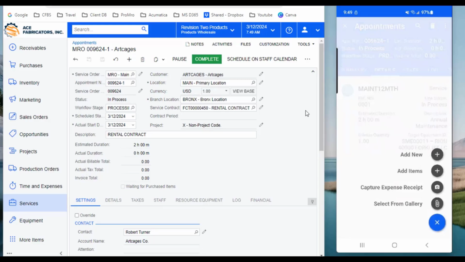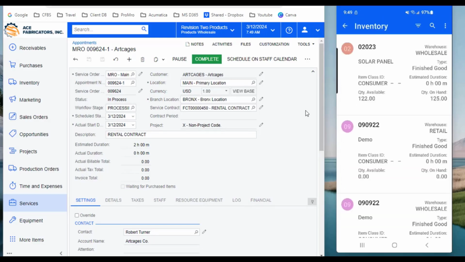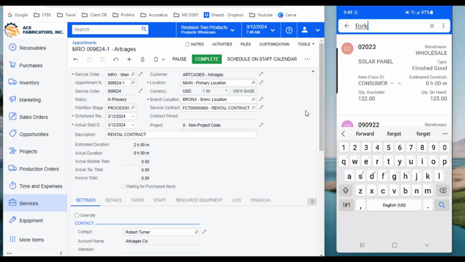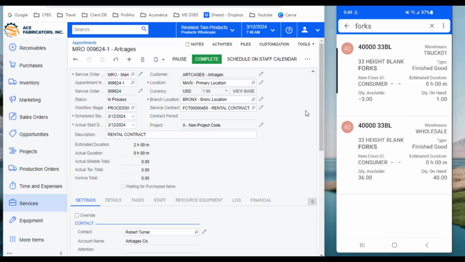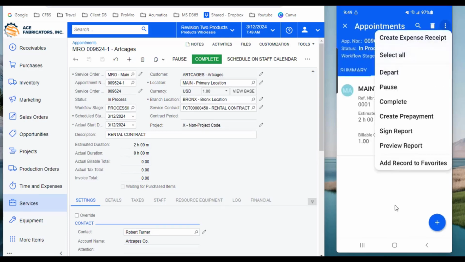If I needed to add in inventory from my vehicle, I certainly can do that at this stage if that repair required it. I can go ahead and I can search for what I think is needed by description or by part number. And if I did have inventory on my truck and it needed to be replaced, I could simply select this one, and it's going to go ahead and add that line onto the details underneath the maintenance. And then I can simply